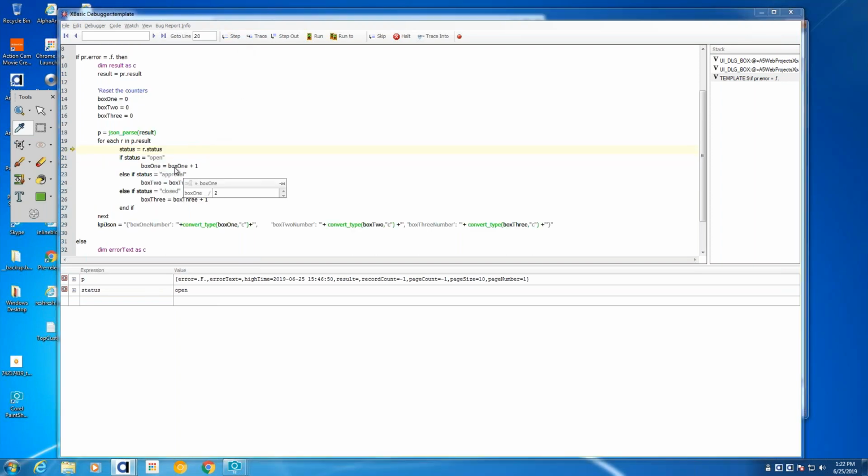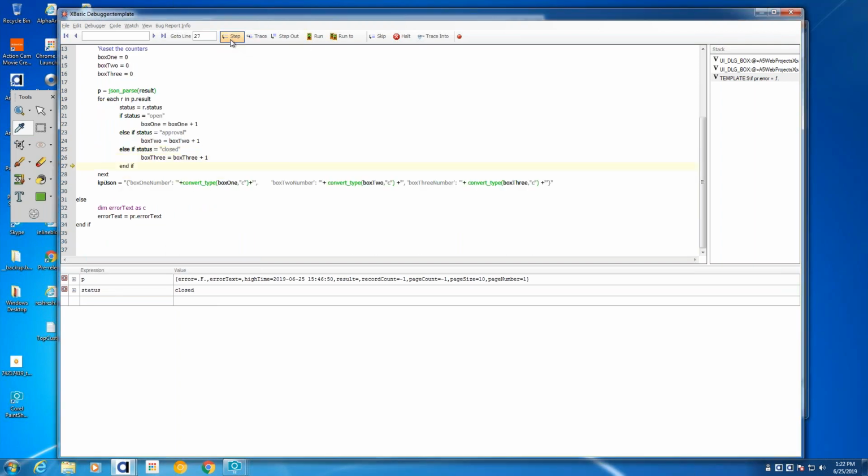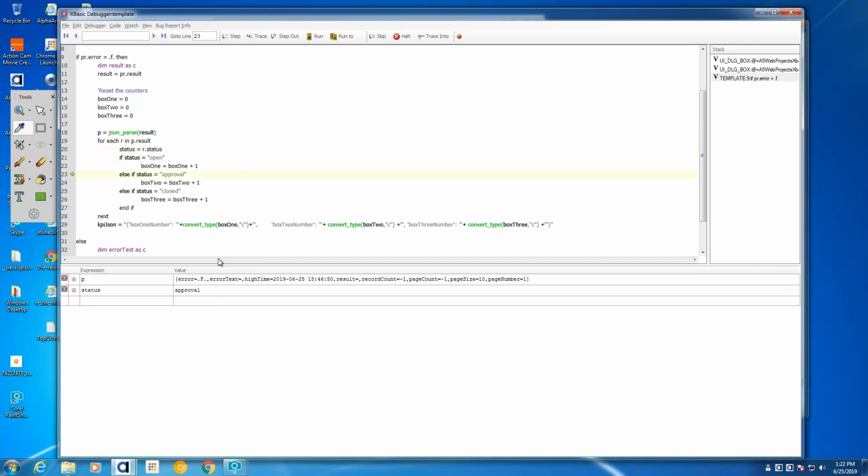And if it's open, it adds one to box one. If it's set to approval, let me see if I can find one set to approval. Closed. Where's approval? I know I've got at least one. There's an approval one. And so each one, it catches it here in this if statement and increments a counter. So at the very end of this, if I keep stepping through it,